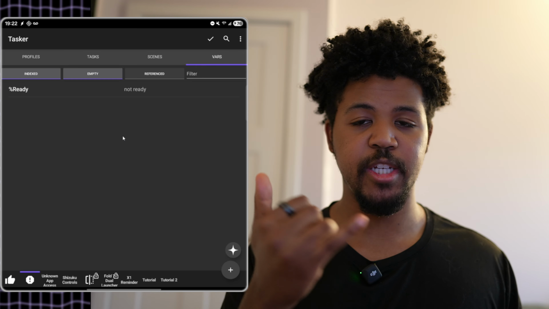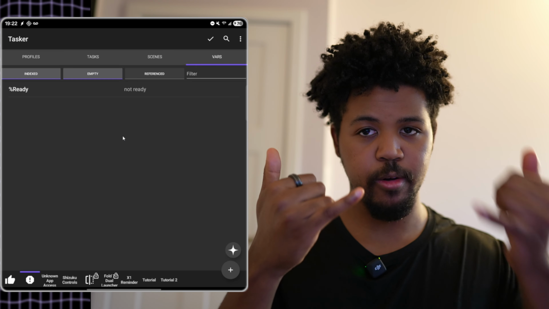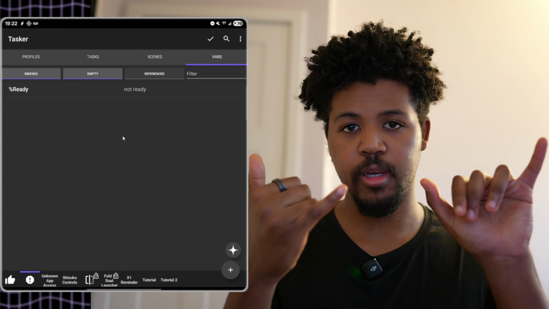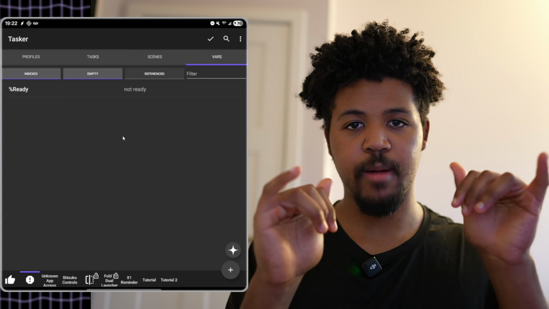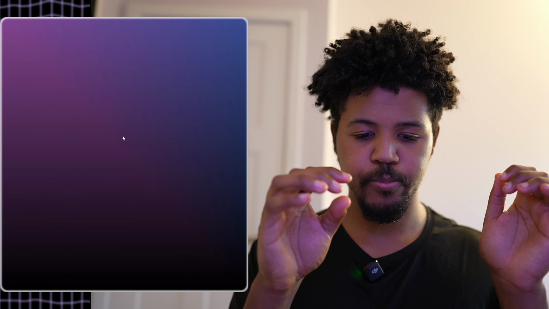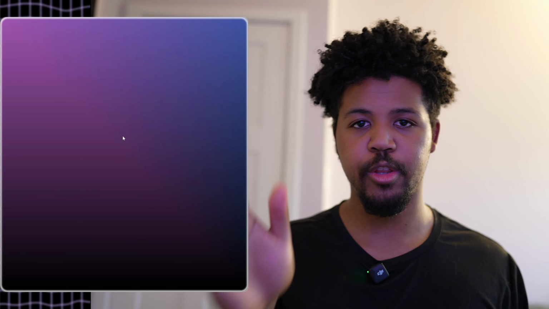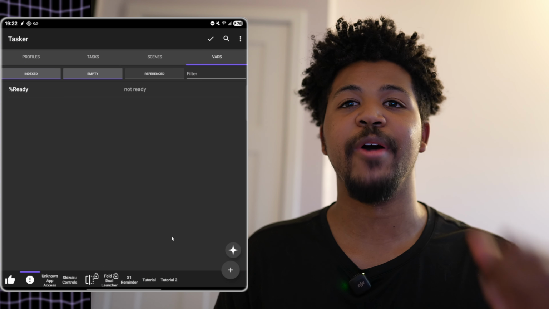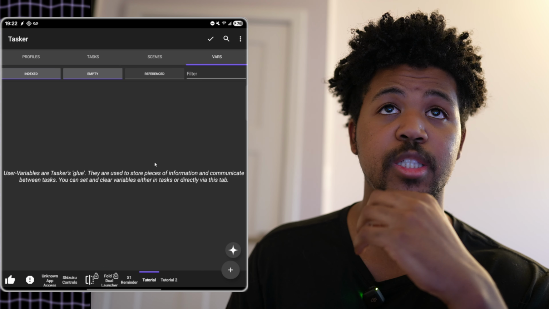Because if you change a variable and you didn't think about how it's going to change in another task or profile or anything, you can now start having problems because they're going to start interacting and interfering with your other Tasker tasks. I know, sweet lock screen, right? Anyway, all right, so here we go. Let's test these